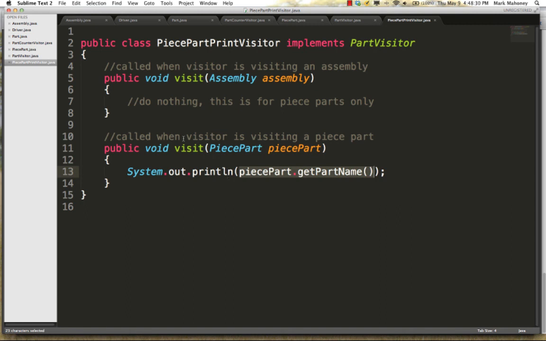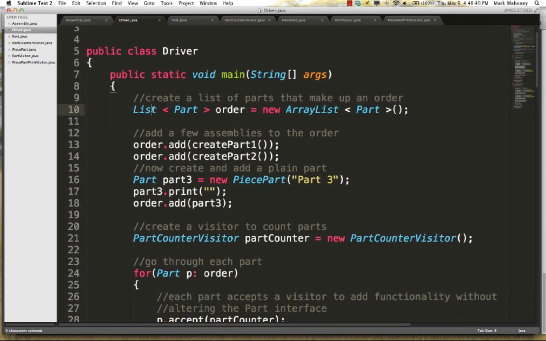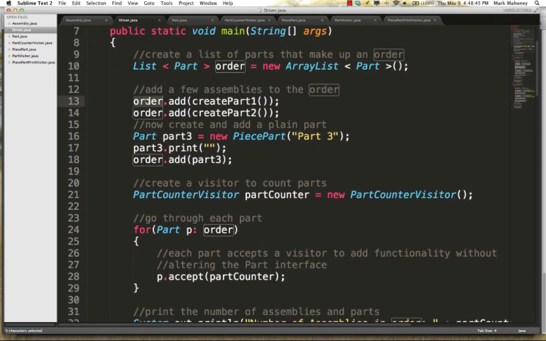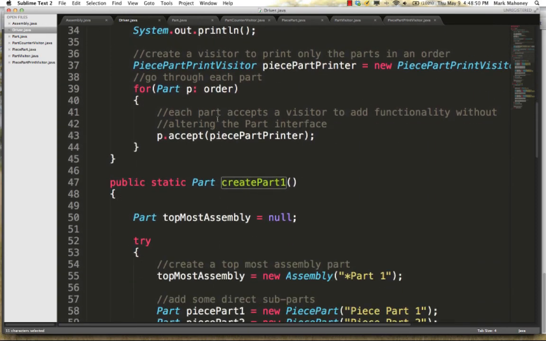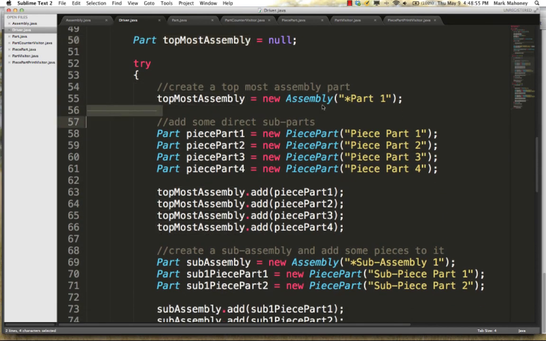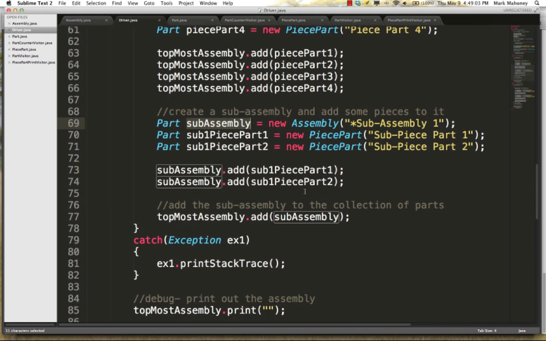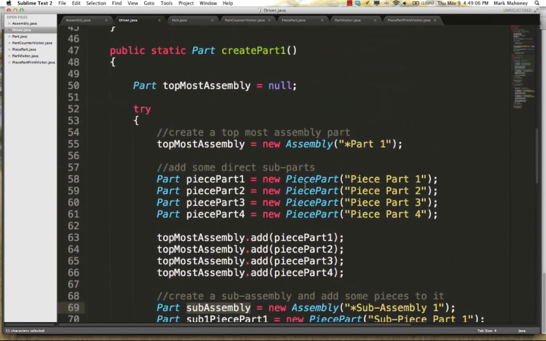Okay. And the last class we'll look at is the driver, which kind of brings it all together. So we have this list of parts. Remember, a part can be an assembly or a piece part. It starts out empty, and then we add a couple of parts. So I have this method create part 1, which basically just creates an assembly, adds a bunch of piece parts, creates a sub-assembly, and adds a couple of sub-piece parts to it. So it's a fairly complicated